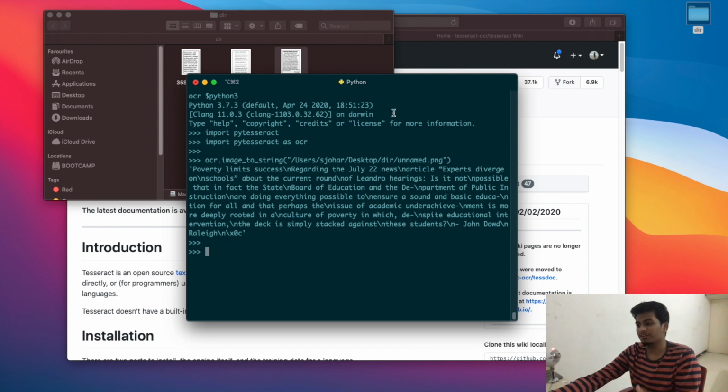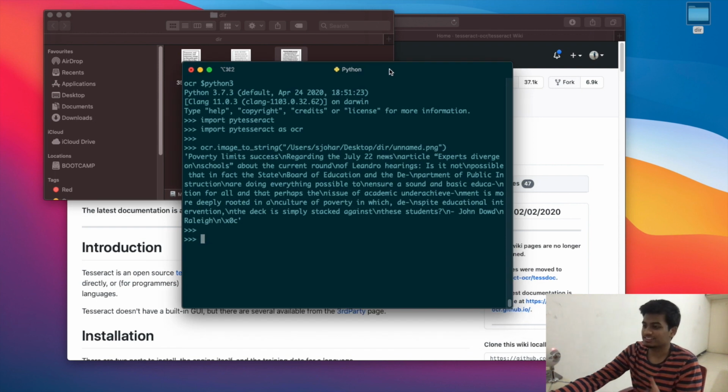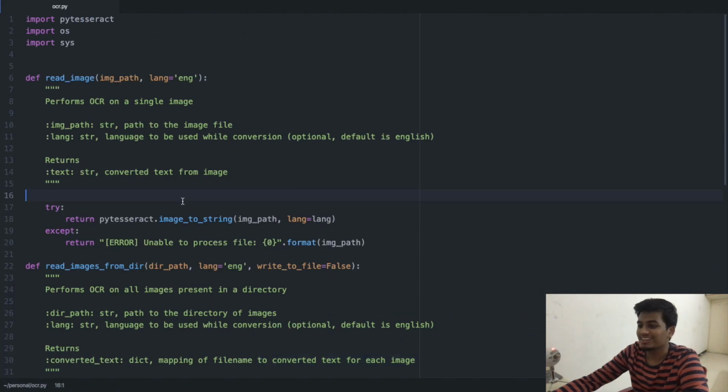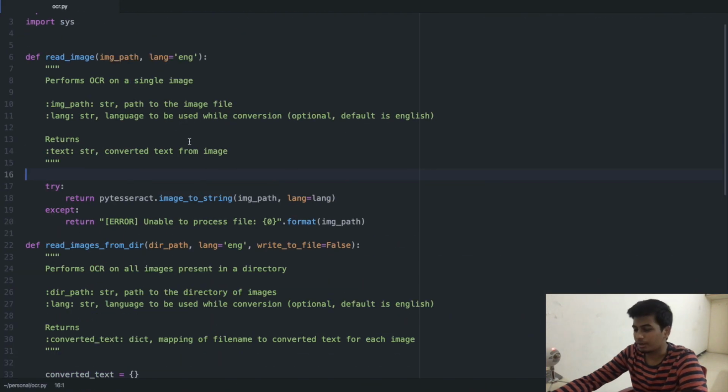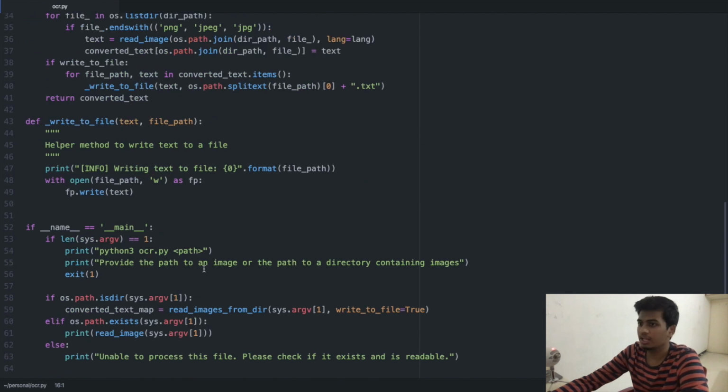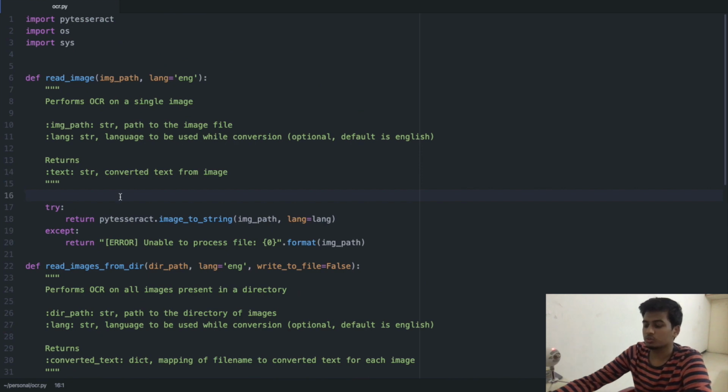So yeah, I mean that's pretty much it, right? This library has the exact function which you can use directly to perform OCR. But being me, I wrote a small wrapper over this PyTesseract library, a very small and simple wrapper, nothing fancy at all, where I have exposed two functions to perform OCR, which is slightly more convenient.